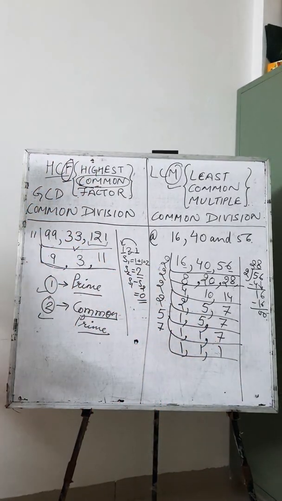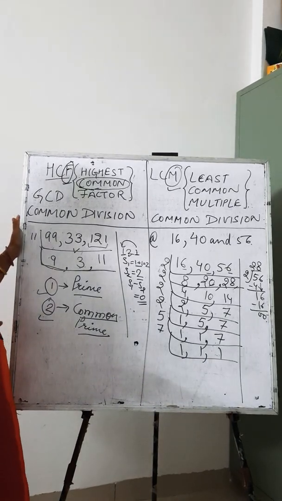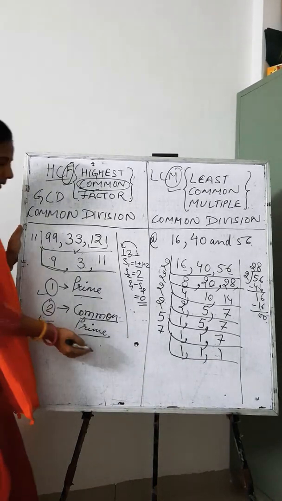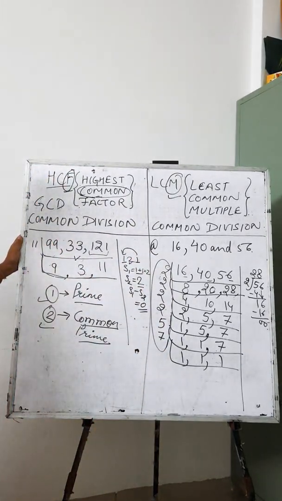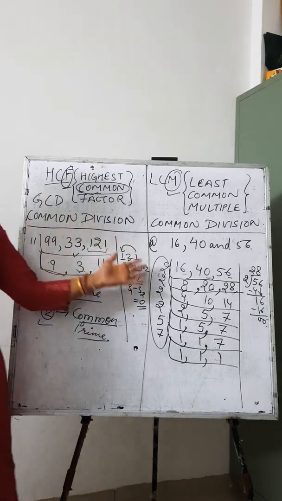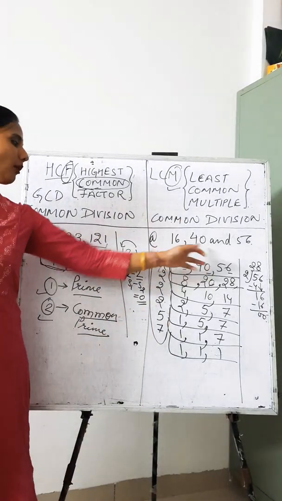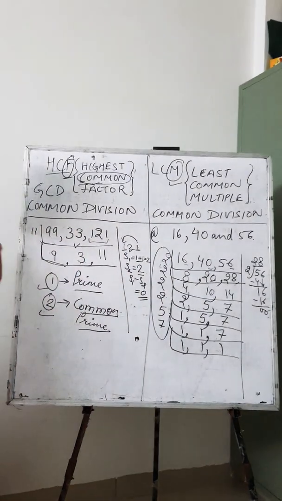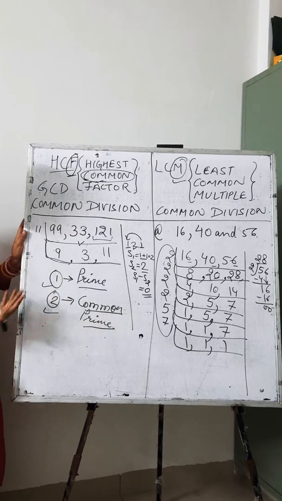So this is the common division method in the least common multiple, the LCM. If you want to multiply all these numbers, then you will get the product, and the product you are getting will be the LCM of these numbers. So children, don't get confused. What is the difference you can view over here?